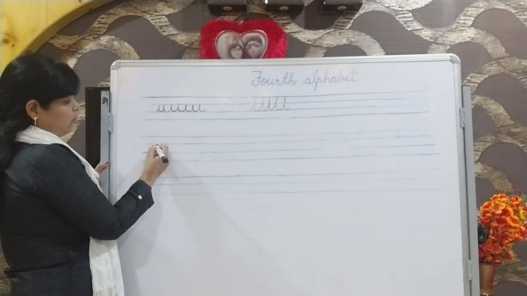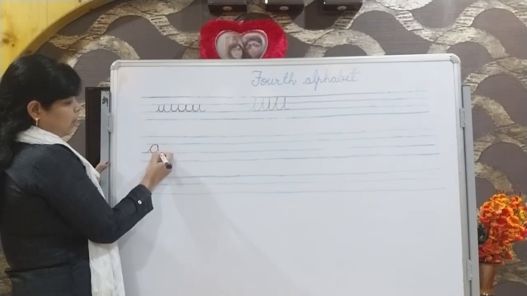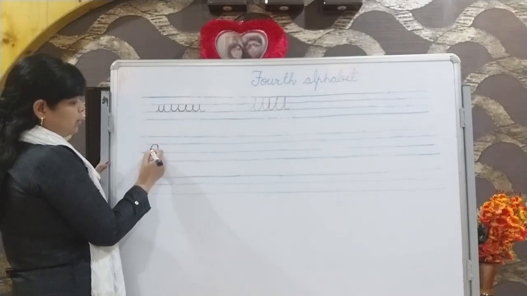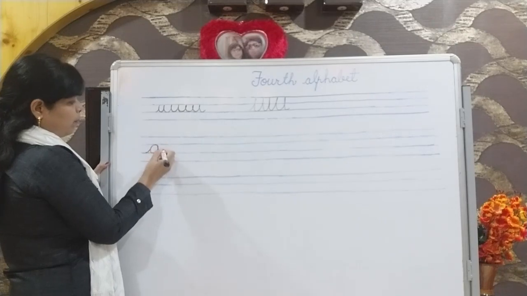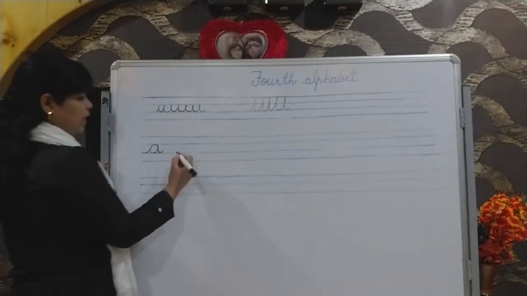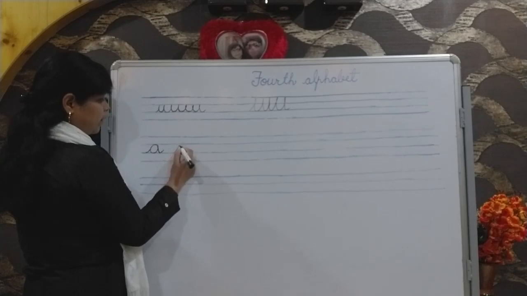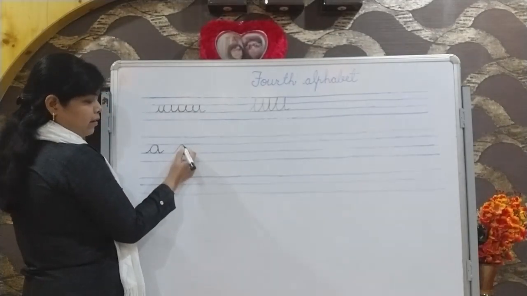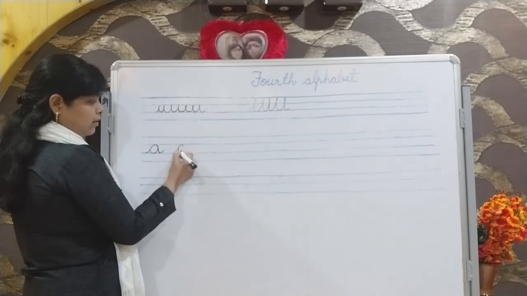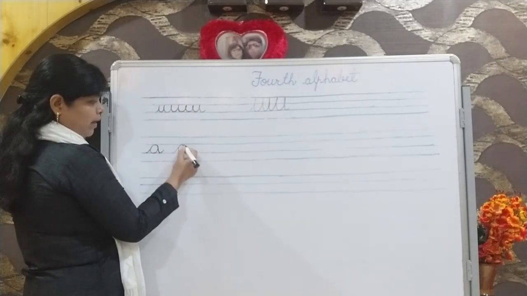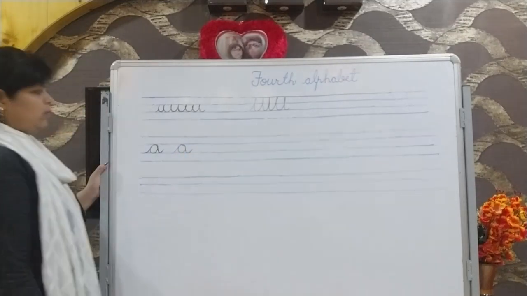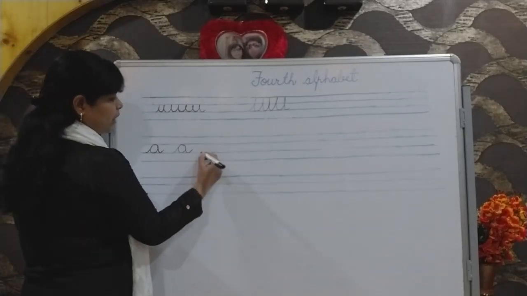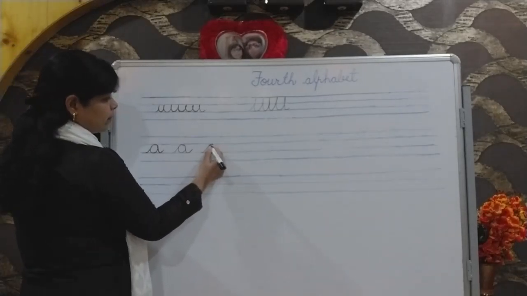We have to go through the middle line. One thing you have to take care of: we should touch both lines properly. In that case you can write a proper A. Again we will draw A. We should go here, then turn back, and make a full round. From the upper side again we move down, then go. In this manner we have to write A.